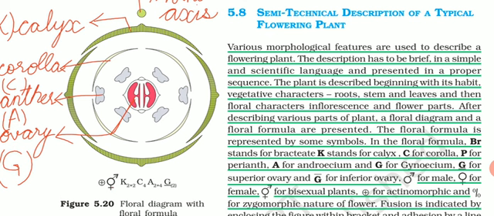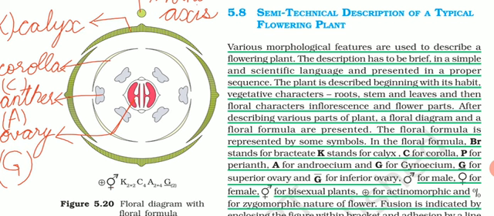Let's talk about the description in brief. Every plant has different kinds of vegetative characteristics. It can be root, stem and leaves, and even the floral characters can vary. Like in this flower there are 4 sepals and petals, in others it can be 3, it can be 5. So depending upon this, the flowers can be trimerous, tetramerous, pentamerous, etc.